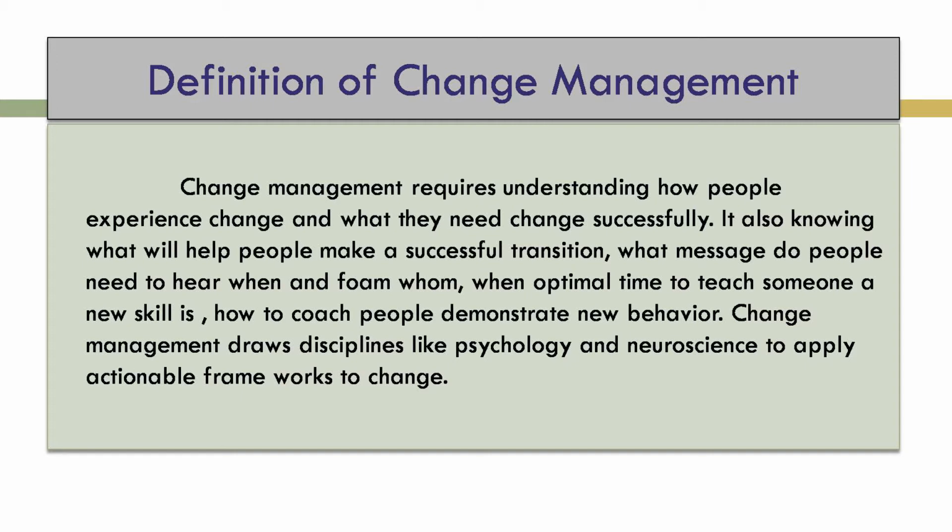In change management, the employees and organizational management need to apply disciplines like neuroscience, that is, apply actionable frameworks for the successful completion of change management. Those are psychology and neuroscience. These are the disciplines needed for fully understanding people